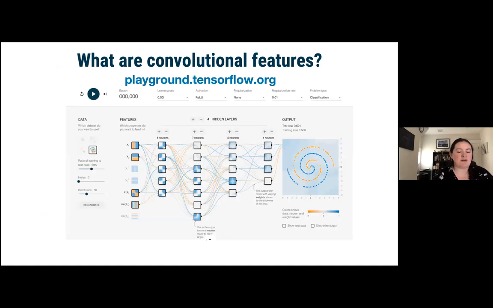And if you've heard deep learning a lot and never actually dug into what it means, this is my two slides that will tell you about the very basic ideas of what deep learning is. I will warn you, this website is very addictive. You can spend a lot of time watching neural networks train in the browser, but a neural network is essentially,